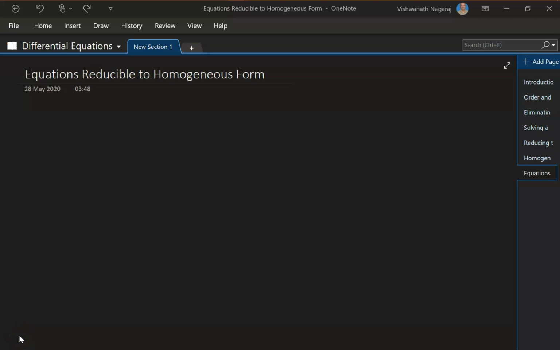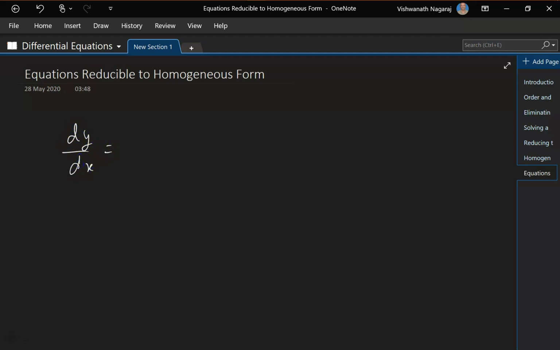Sometimes we are not able to solve the differential equation using the methods that we have just learned, that is, homogeneous form. So what we need to do is bring it or convert it into a homogeneous form. So for example, let's say we have dy by dx is equal to